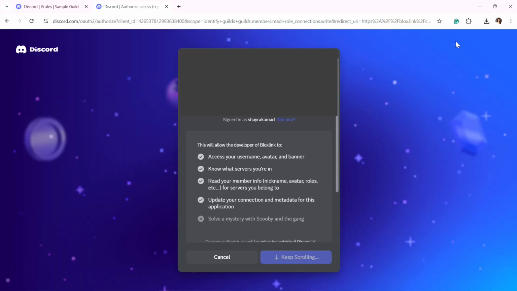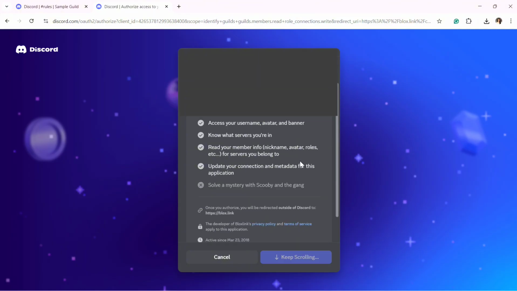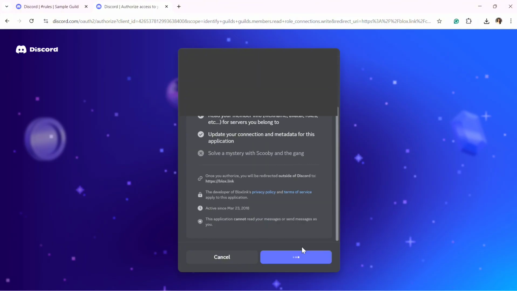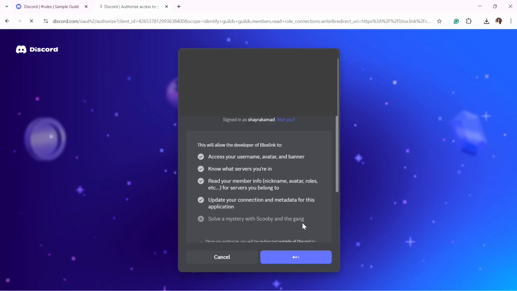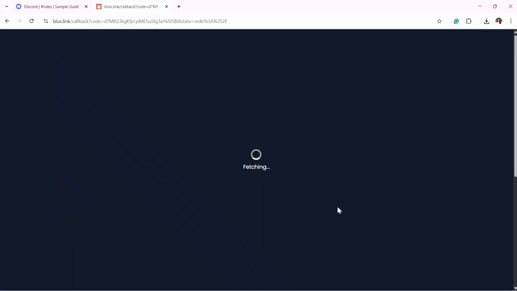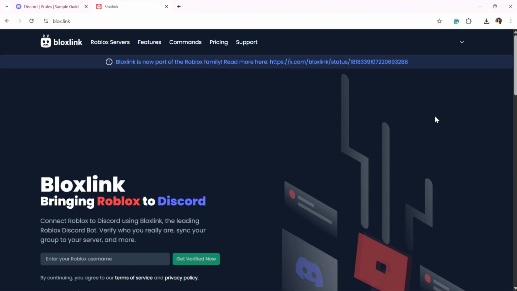Then in here, you need to go ahead and authorize the connection between your Discord account and your Bloxlink account. So keep scrolling until you find the authorize button and then click on authorize. Once Bloxlink is in your server, you need to head over to the server where